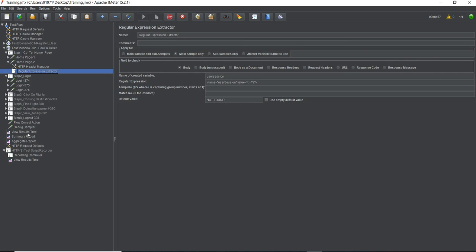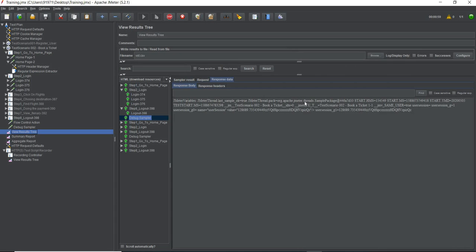Now again go to the view result tree and I see the debug sampler which says that the value of this user session is user session underscore g equal to 1.